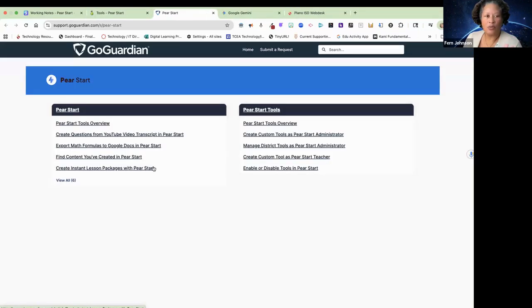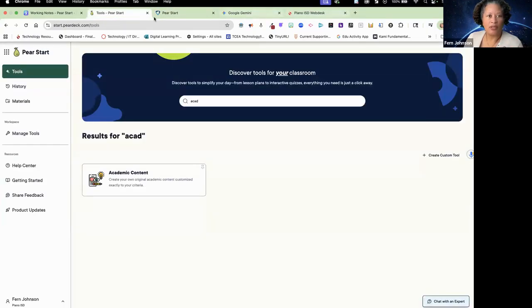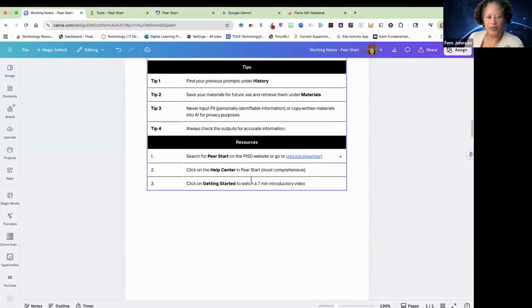Now, GoGuardian will, I think, keep this a little bit more timely than what we can do, because we can't update, I'll say Leah can't update, all of our web pages all at the same time every single day. So sometimes, as y'all know, technology changes. And when there are changes, this is probably going to be just a little bit more timely. But please do check out our resources there. And click on Getting Started to watch a 7-minute introductory video. That is also pretty good. They have an introductory video that you can take